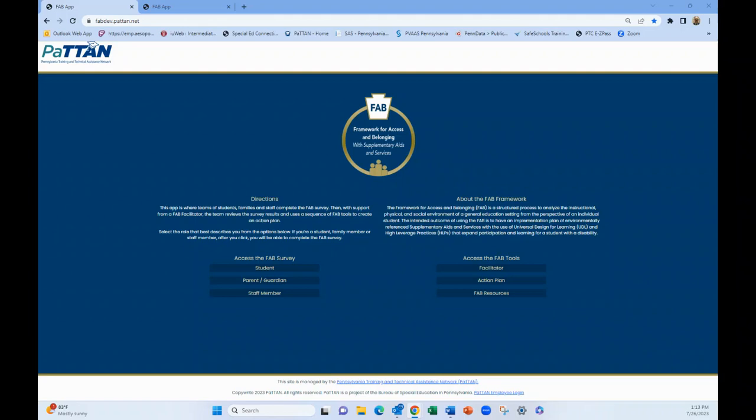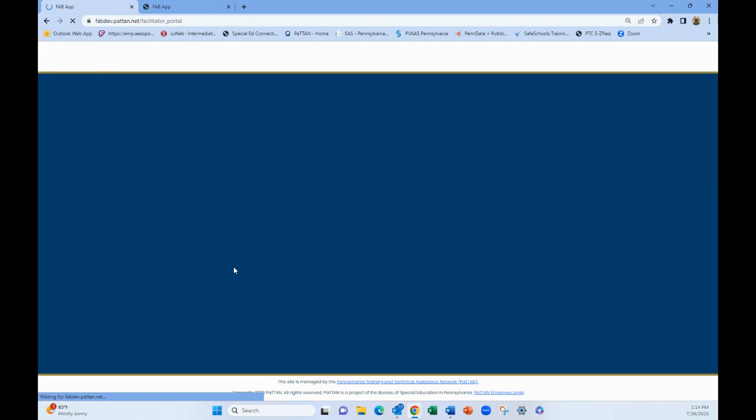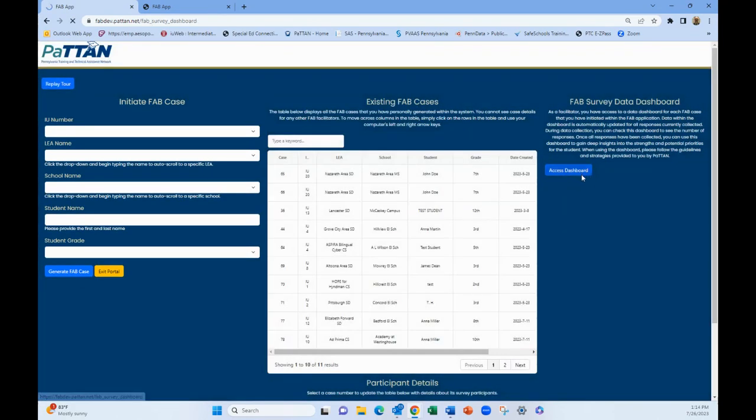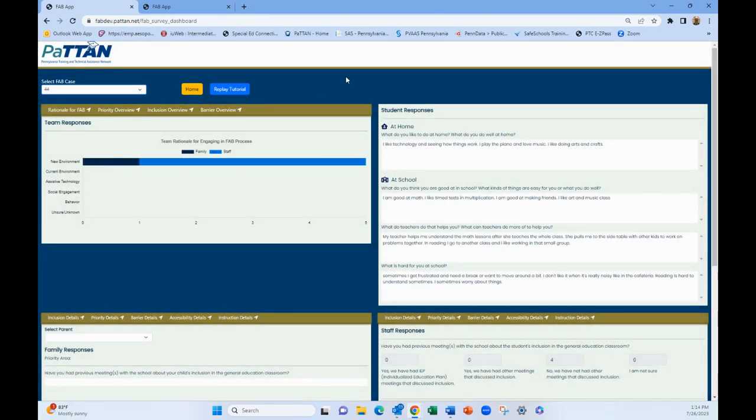As you come to the initial team meeting, you will want to summarize the survey data for the team. To do so, you'll log in as a facilitator, access the dashboard, be sure to select the correct FAB case for which you are showing the data, and have a conversation with the team. It is not necessary to review every single piece of survey data found on this dashboard, but rather